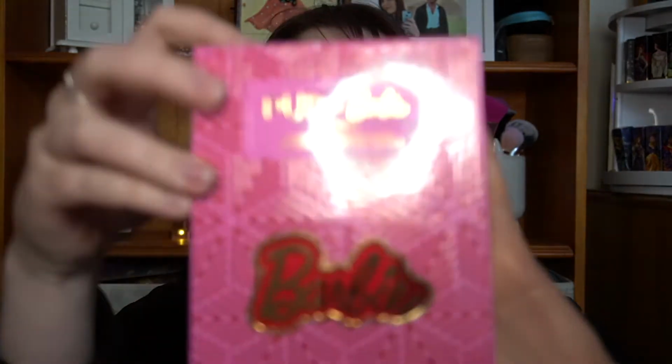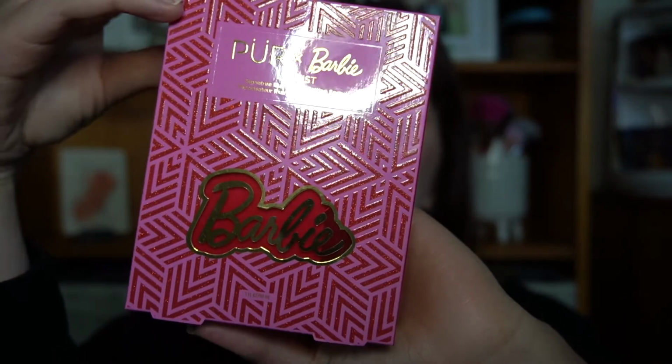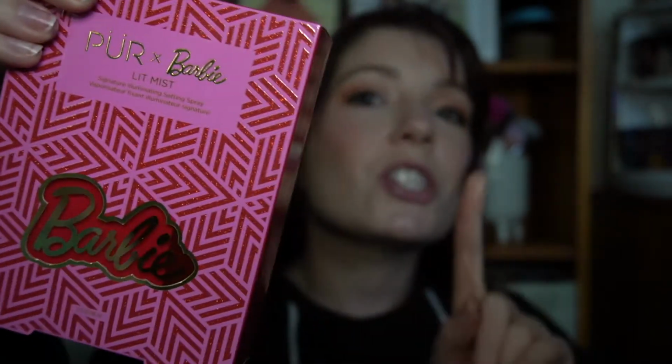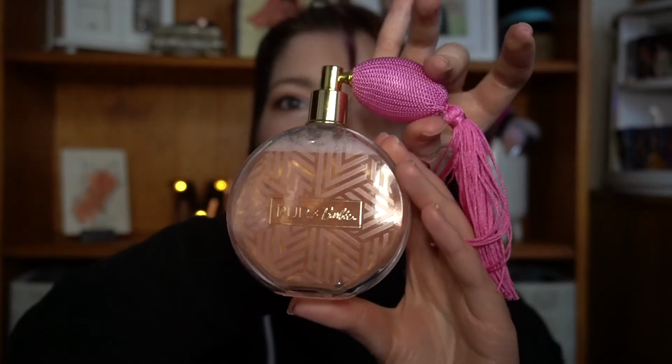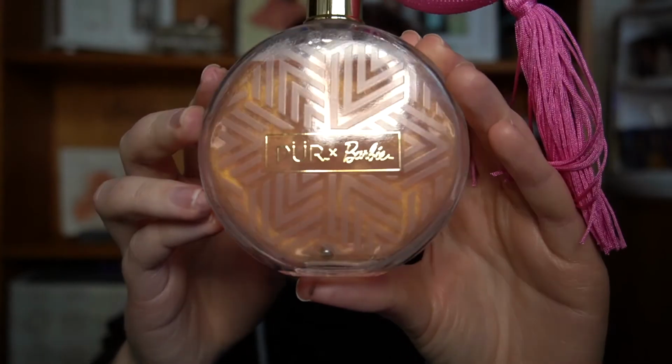It's lovely. Okay, so next up was a special order from the Purr website. They had a collaboration with Barbie. I believe this was their second one, and I had to purchase the lip mist because you will see in a second if I could get it out of the box. This is what it is. Is this not the most adorable thing you have ever seen in your life? And it actually works through this. Look at that. It's absolutely stunning. It delivers instant...